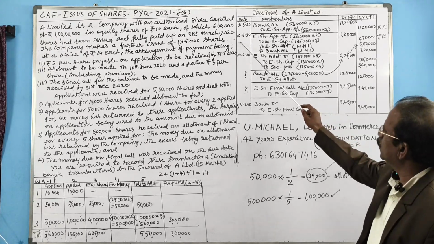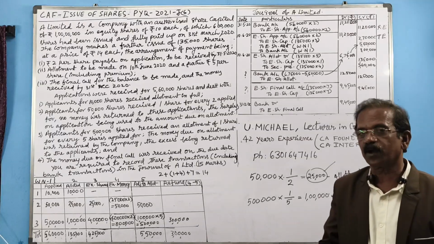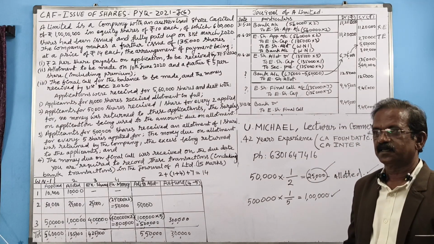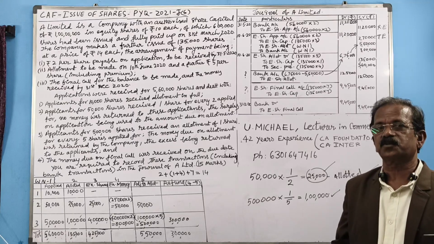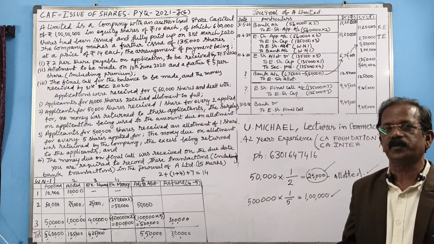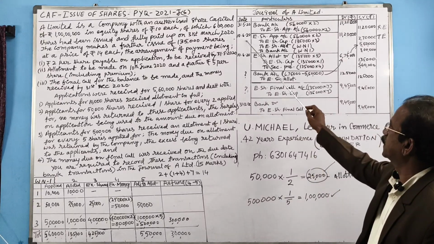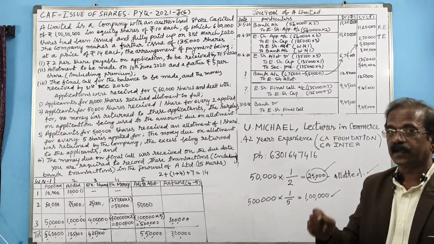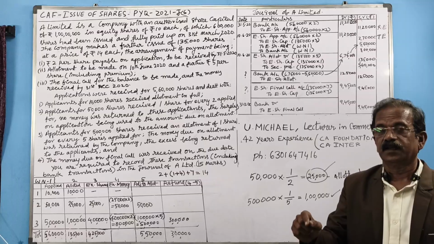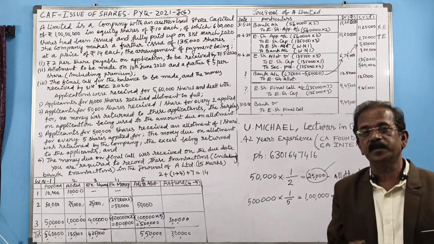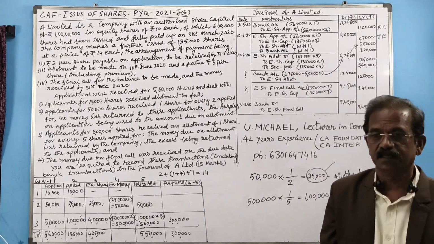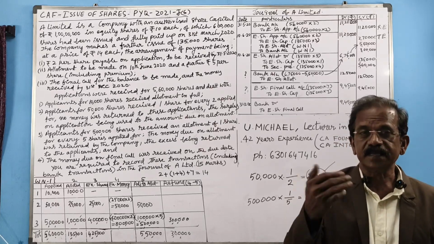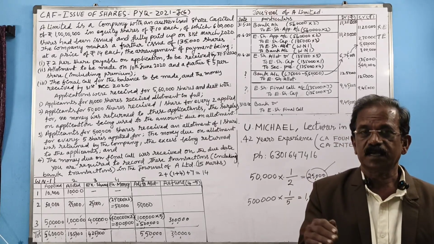10/6/2020. What is this date? The date of allotment. Date of allotment means deciding to whom shares are to be allotted, to whom shares are not to be allotted. On this same date, we have to write a due entry for the allotment. Due entry means we inform the members to pay the second installment, and that second installment